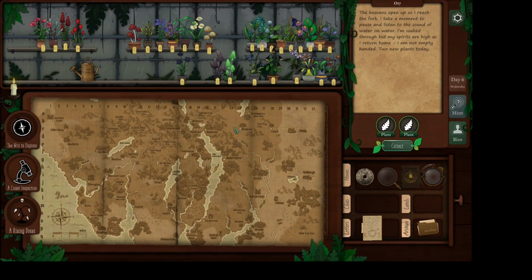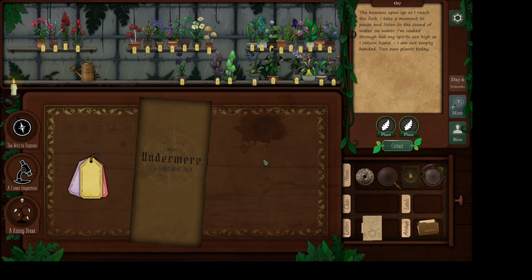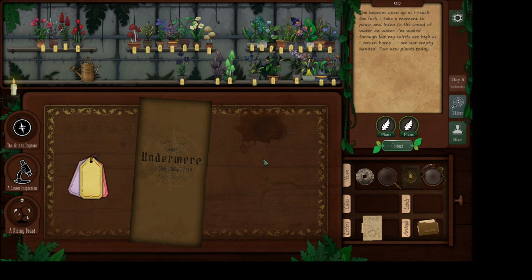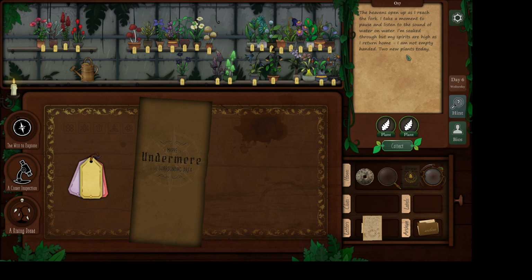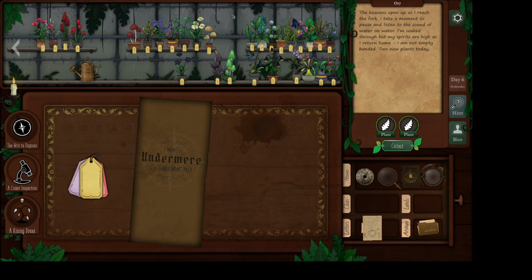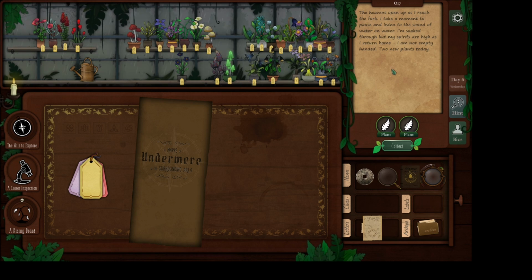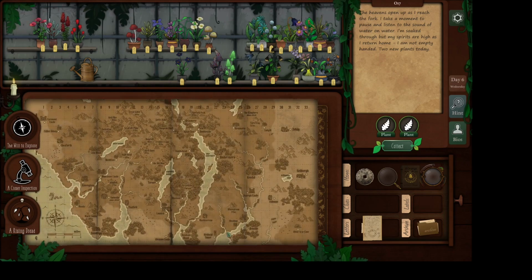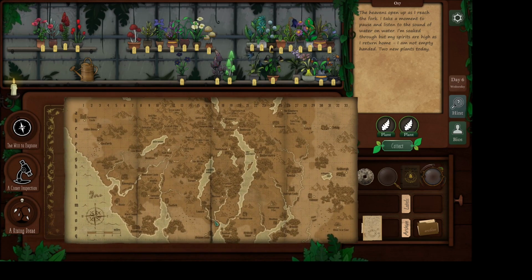The heavens... Oh, I've got an achievement for exploring as well. The heavens open up as I reach the fork. I take a moment to pause and listen to the sound of water on water. I'm soaked through... yeah, no kidding. My spirits are high as I return home, not empty-handed. 2 new plants today. What good reference was this? This was...